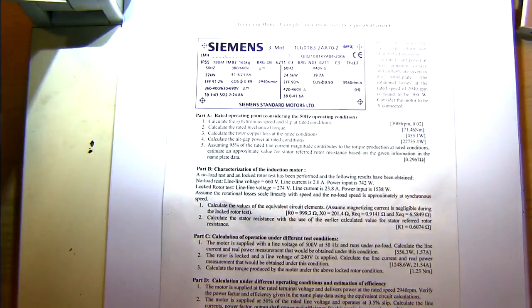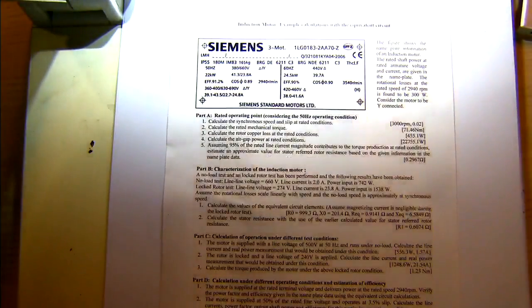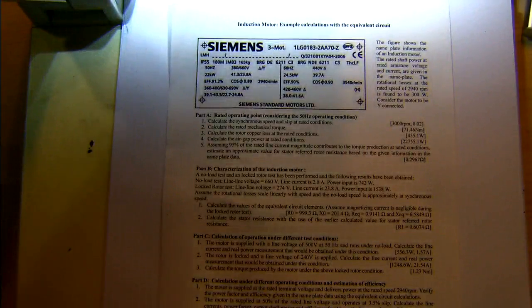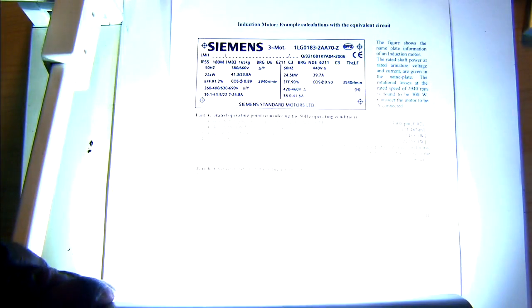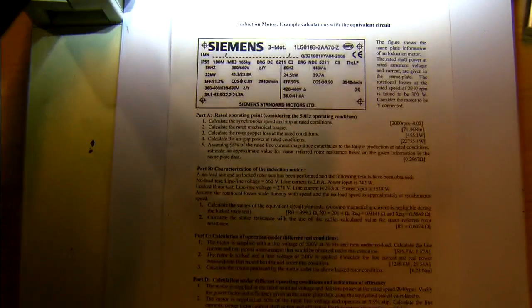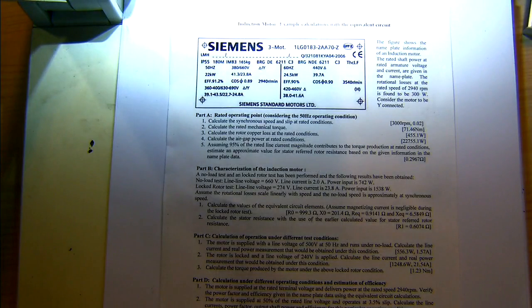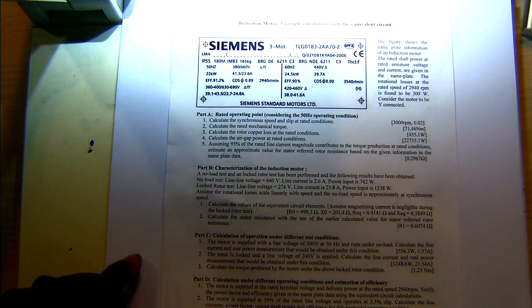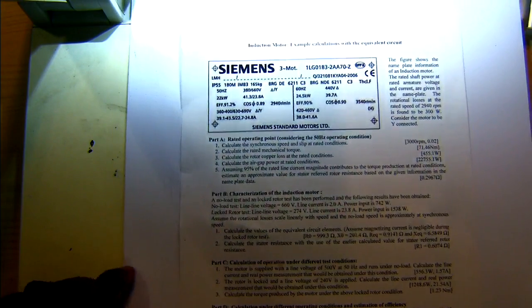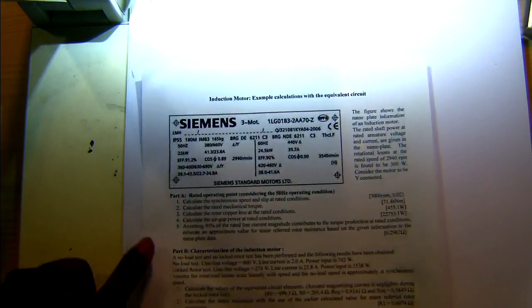I think we can remove this. No, then it's... that's better. I think now it looks okay. Oh, we missed the mechanical torque, right? So the rated mechanical torque, so we have